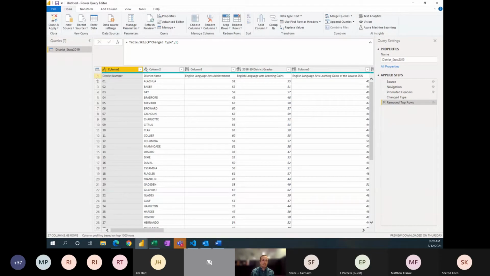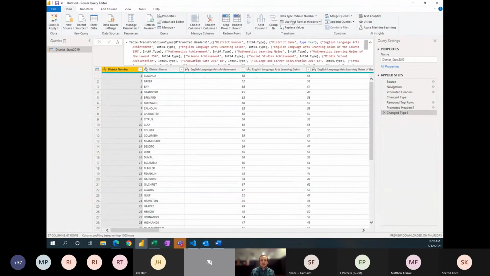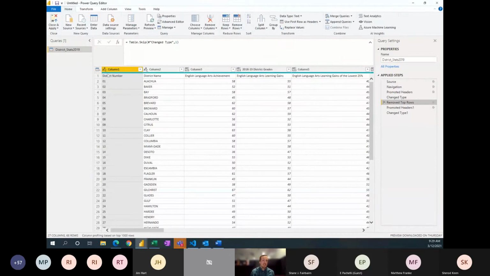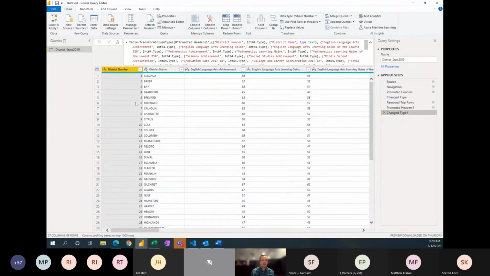Okay, it places our column headers in that first row position, and we can use this other transformation of use first row as headers. What you'll notice when we click use first row as headers is it does two steps, not just one of making that promotion, but it also goes ahead and starts to change those data types based on profiling what is in the remainder of the column. And so we can see, especially as we went from remove top rows, this district number went from a text after we promoted. It then changed it to a number because all of the remaining options were a number. Now,